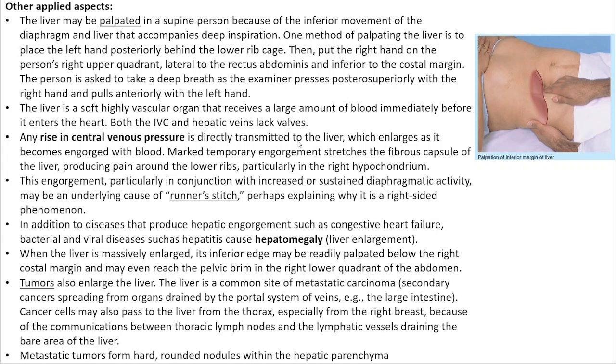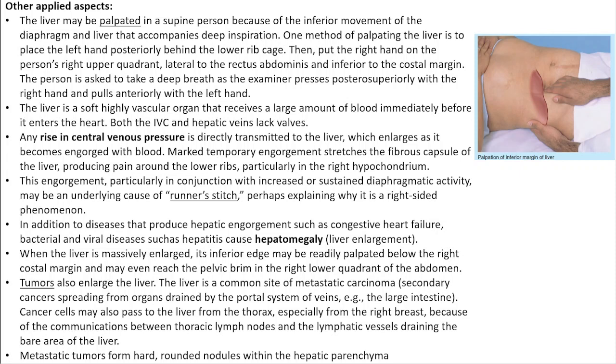It is directly transmitted to the liver, which enlarges as it becomes engorged with blood. So, marked temporary engorgement stretches the fibrous capsule of the liver, producing pain around the lower right ribs, particularly in the right hypochondrium. This engorgement, particularly in conjunction with increased or sustained diaphragmatic activity, for example, in athletes, if they